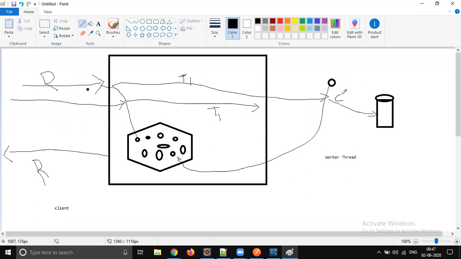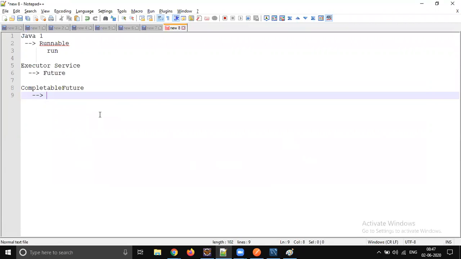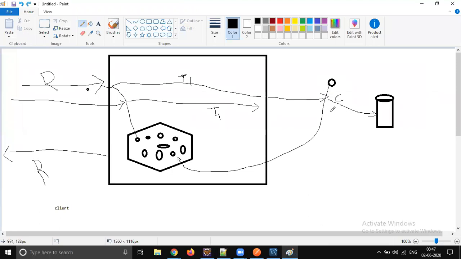So you can get it executed by a separate thread, fine. That is an asynchronous process. So you don't know when that response is going to come back, but in CompletableFuture you can come to know. But when you call CompletableFuture.get, what will happen? The thread which calls this get will be blocked until it is completed. So whatever thread is calling that get will be in a blocking state. Your main thread will wait until this child thread completes the task.